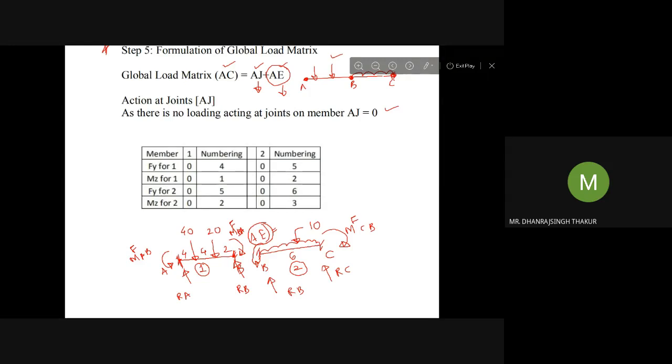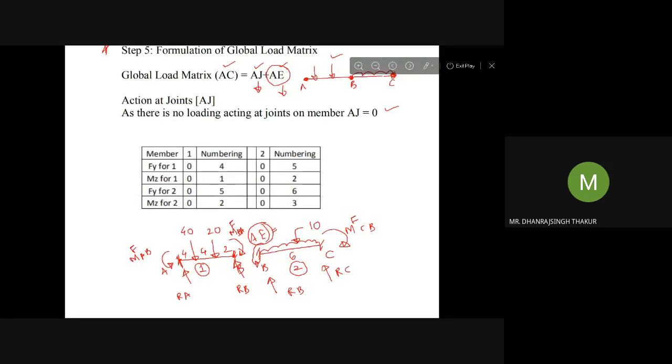So to assemble the A matrix, first of all find out the fixed end moments and support reactions due to that loading, and that you can easily find out. So what will be the fixed end moment AB due to this 40 kilonewton and 20 kilonewton loading? Tell me that value. How will you get that value? Fixed end moment AB, fixed end moment BA, reaction RA and reaction RB.